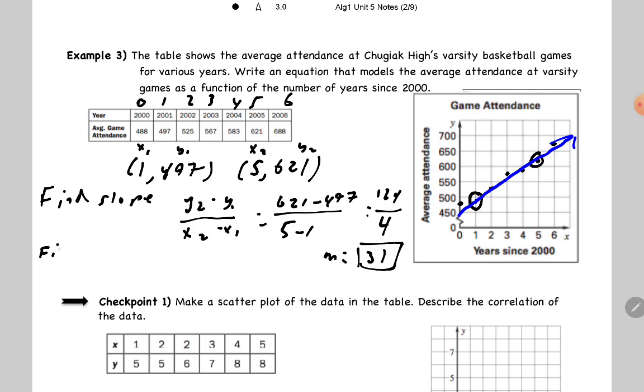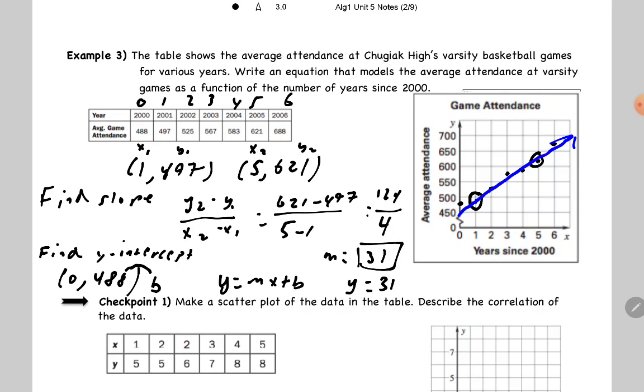So find the y-intercept. In this graph, it's where it crosses the y-axis. And we're going to use the 0 year, because that is where it crosses the y-axis. So the 0 year is 488. Okay, so that's my b value. B value is 488. So we're going to make our equation. y equals mx plus b. So y equals 31x